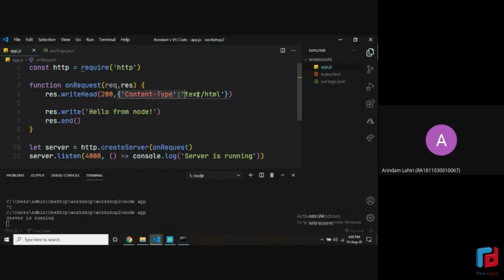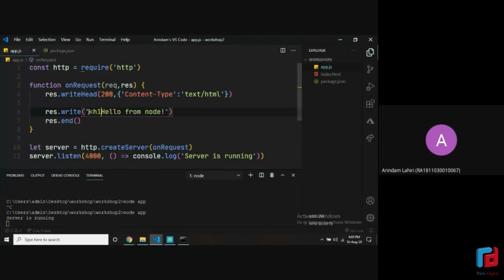And the header property, you can see it's again an object with the curly braces and the quotes and the key and value pair. The key here is Content-Type and the value here is text/html. If you can't read it properly, Avichal, if you could just share this line in the chat. So what this does is whatever the server returns to the client, it will show in that format. So let's just go with an H1 tag here.